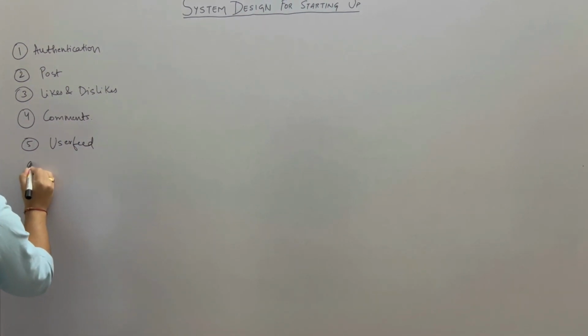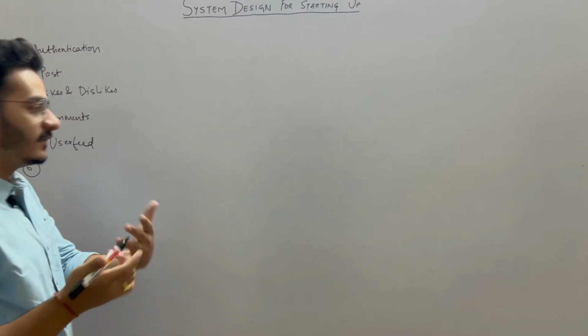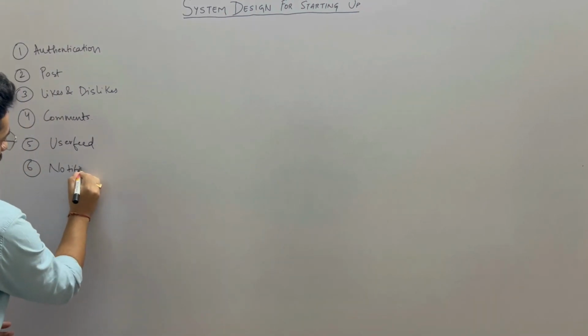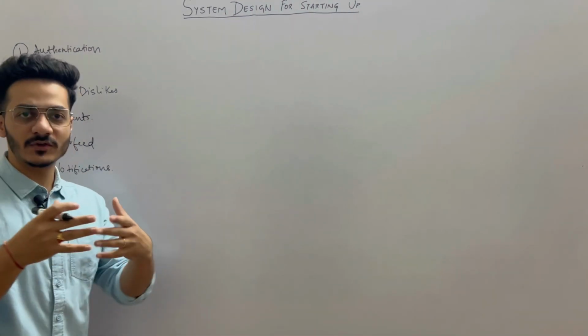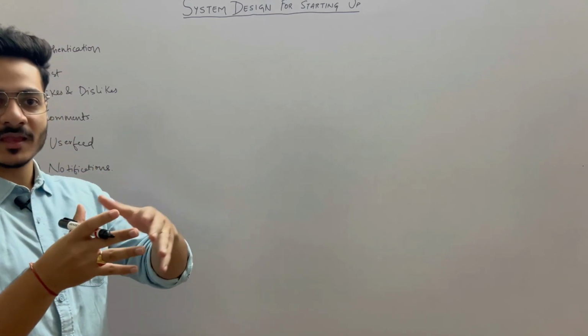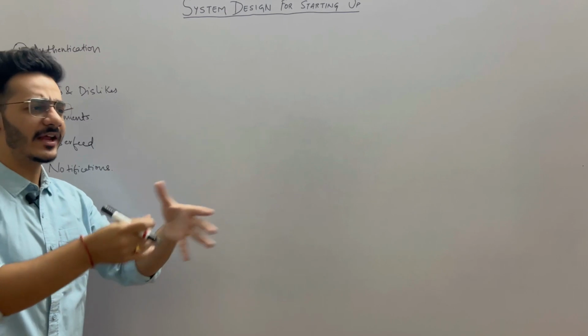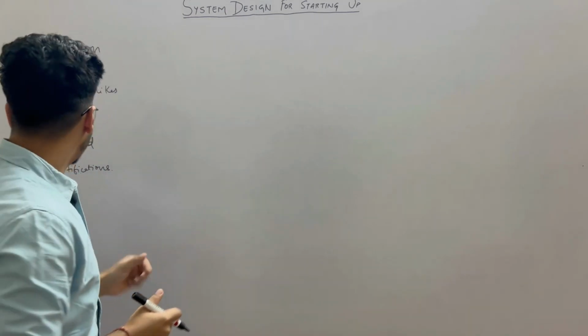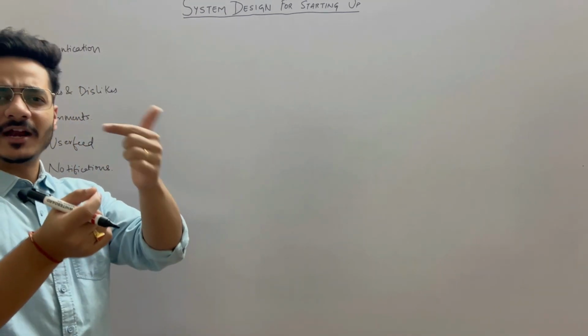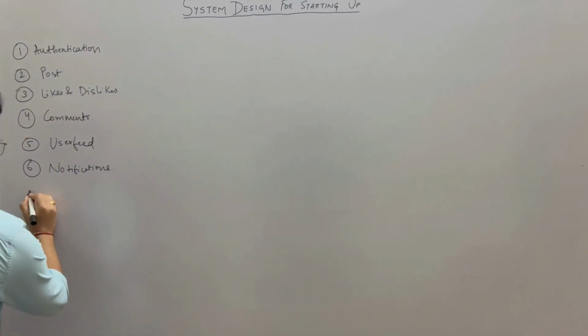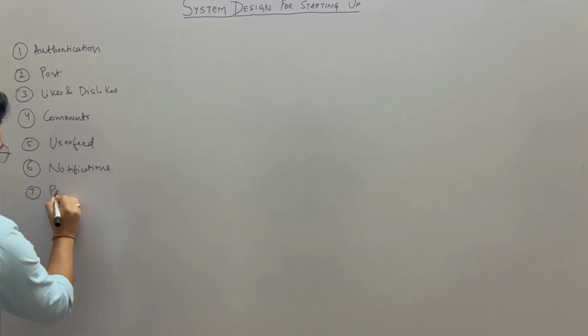And then we will try to add one more functionality that is called notifications. Suppose the person you follow puts up some post, right? So you will get a notification that this user has posted something, or any kind of notification, right? So notifications, and also we will try to add one more functionality that is called payments, because this is very important,